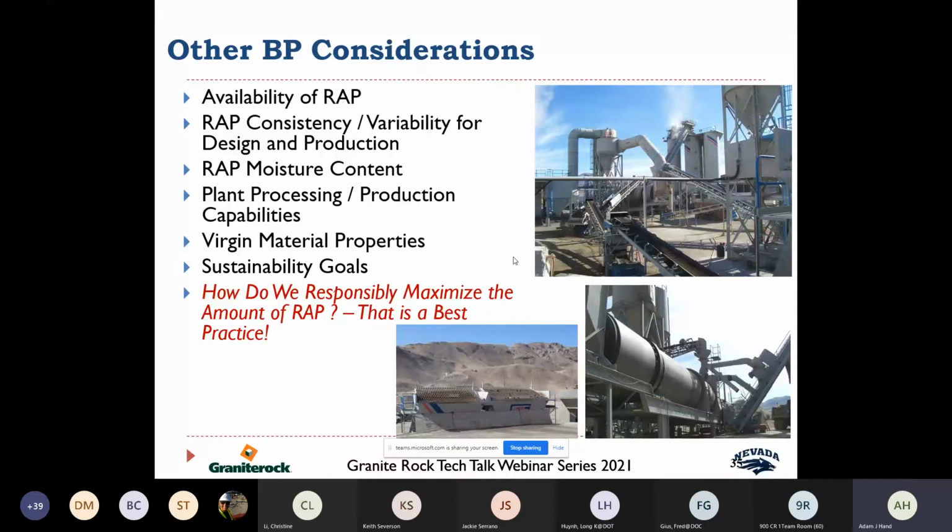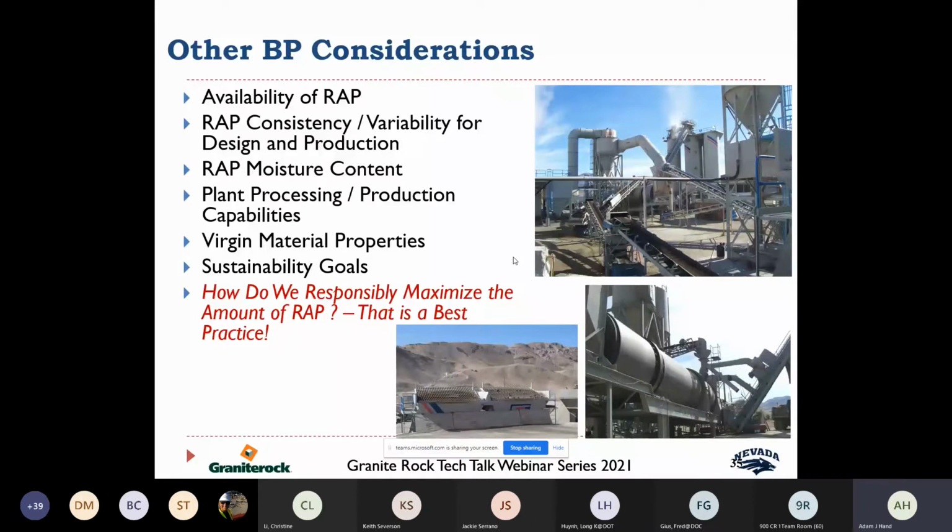Then you get to RAP moisture content, and again, depending on where you are, the picture in the bottom left was taken in Reno, Nevada, and in summertime we don't have any moisture. But with RAP, it's like sand, for example. It'll hold a lot of moisture, so you want to make sure you're managing your moisture. You may want to pave under your stockpiles or even cover them, depending on where you are. If you've got a lot of moisture in your environment, you got to make sure you have the right plant